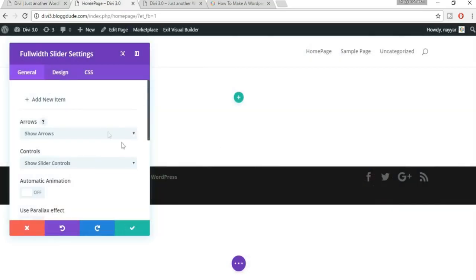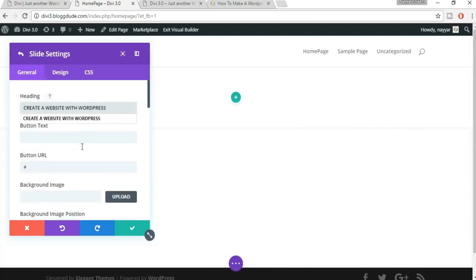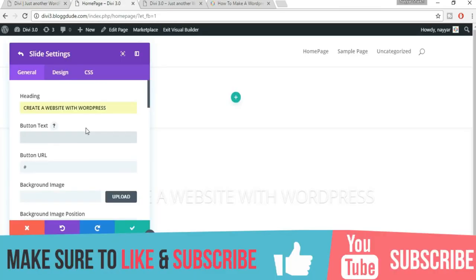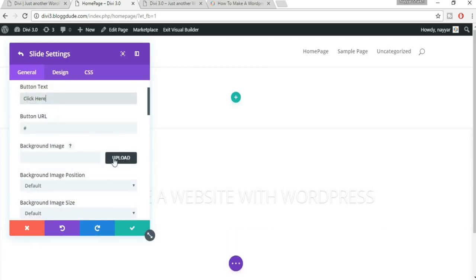So click over here, add a new item and put in the heading. Okay, so this was the heading, and put in the button text. As you can see here, it says try it now. You can put in anything, like click here, button URL, the URL to which you want to redirect the button. And from background image, click on upload, and